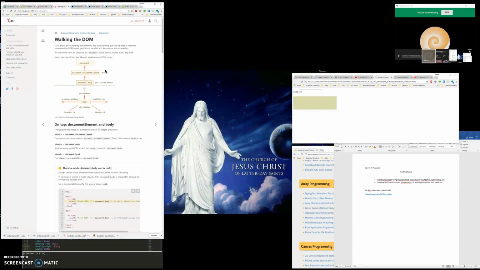But the document element is going to return the HTML tag. document.body works if it's inside the body, and the reason is because if you put document.body inside the head tag, the body hasn't loaded yet, so it will give you an error. It'll give you a null value. If you put document.body in a script tag, in a JavaScript tag,